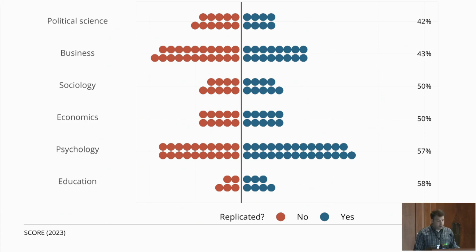And finally, in the SCORE project, here we completed 153 replications across these disciplines. And here replications determined, like it was in the psychology project that I gave you as an example, statistically significant in the same direction. We can see that across all these disciplines, and similar to the other efforts, about half of the original findings fail to replicate using this criterion. So just like the reproducibility studies and the robustness studies I shared with you, systematic replication efforts suggest there's room for improvement if we're really going to be able to repeat the results of the published literature.